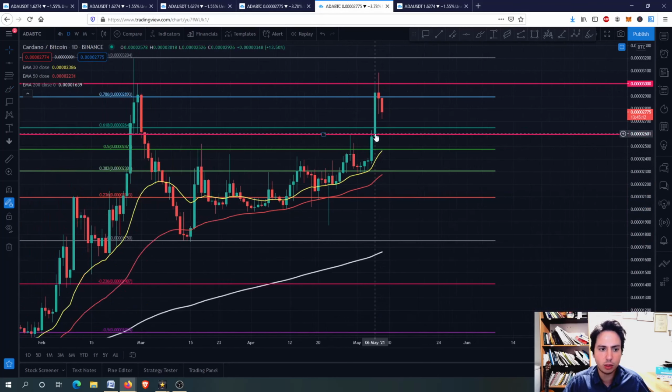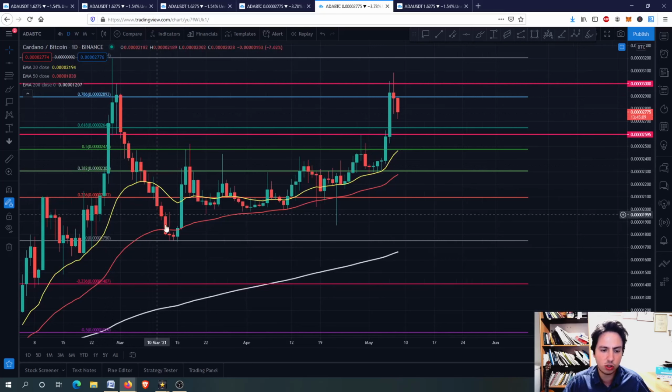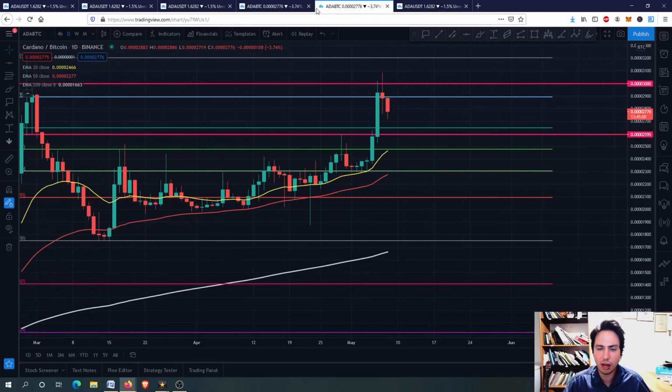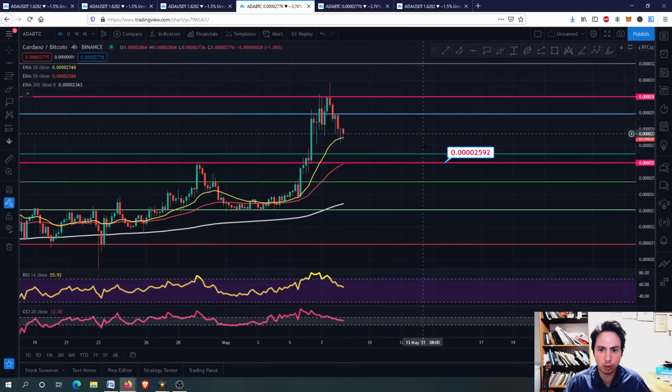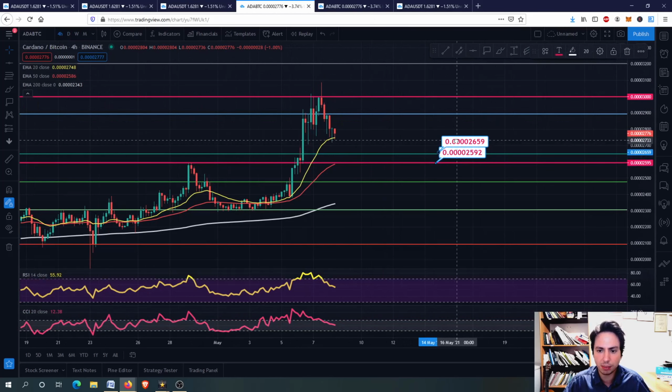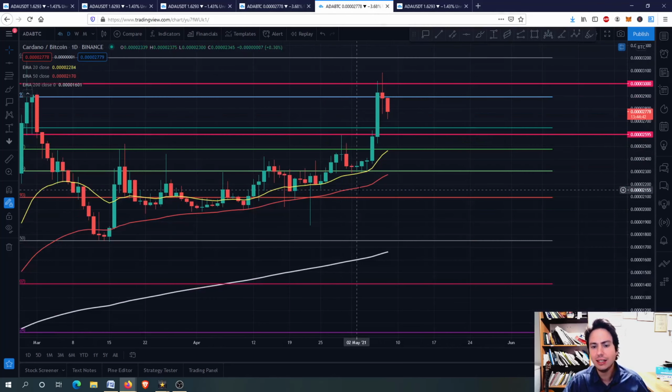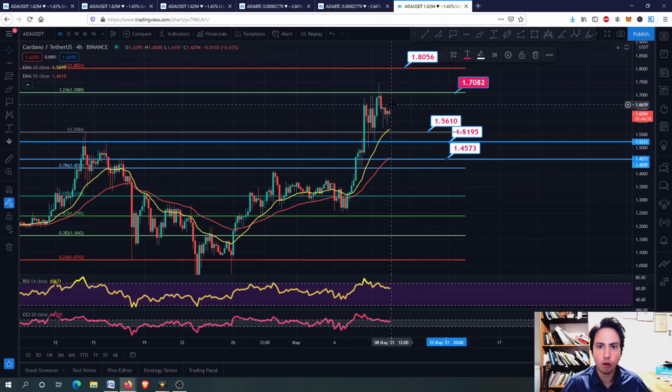And in the daily frame we still look good, but guys, I don't think we will have this correction as we had back in March. I think right now we will be having somewhat of a correction, but not so much. If we are to go down, I told you the price support lines right here, might be 0.4026, might be 27. We will see about that. The price analysis we get, the price label, is because we divide Cardano's price by Bitcoin's price. That's why we get this price. And we will go now to ADA against USDT for the price analysis.